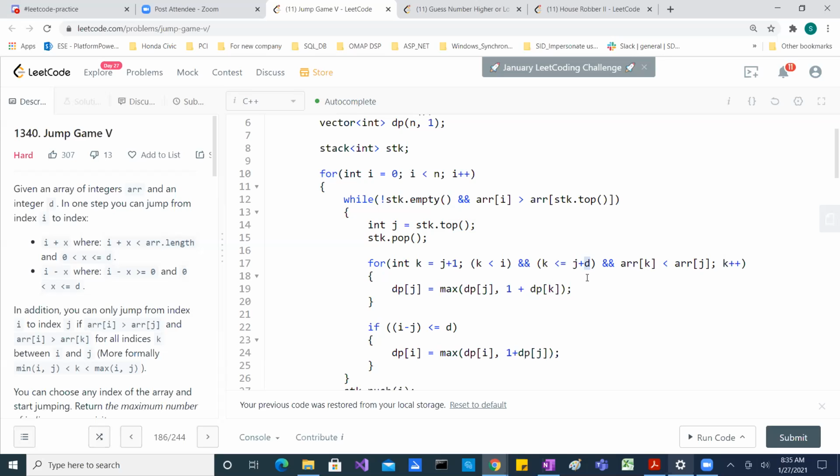Like if you have 1 1 1 1 2 2 2 2 like this. Yeah, but the more important thing is the D jumps, that is the restriction. So if D is greater, almost N, and you are at the very extreme end, and then you want to explore everything, yeah, you can say that maybe N square max, kind of.